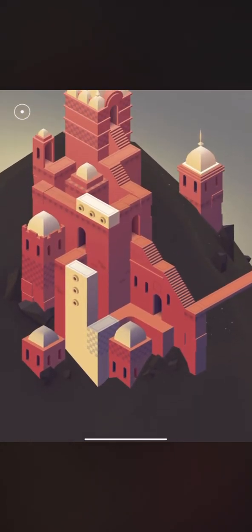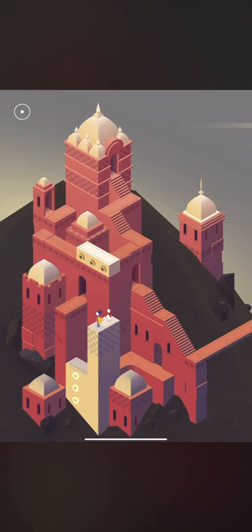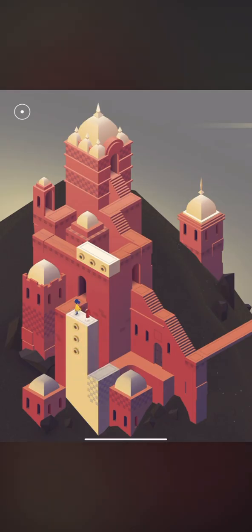A lot of it is a little trial and error to get through certain things, and you'll learn how some of these objects move and interact with the environment and with our characters. So yeah, I had to move that halfway.